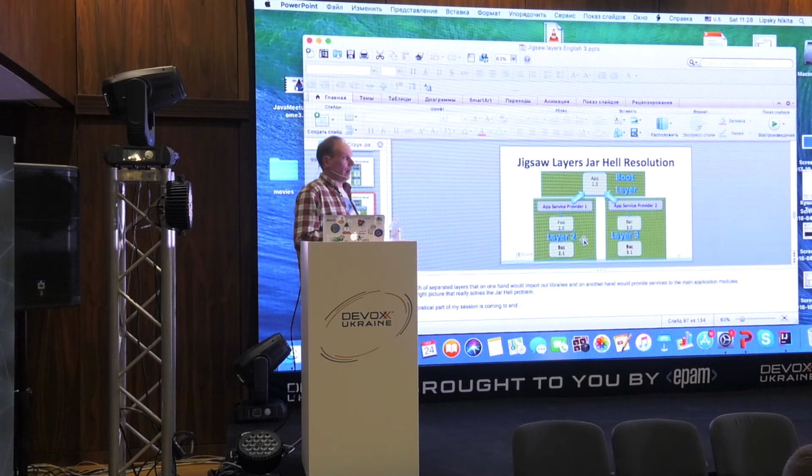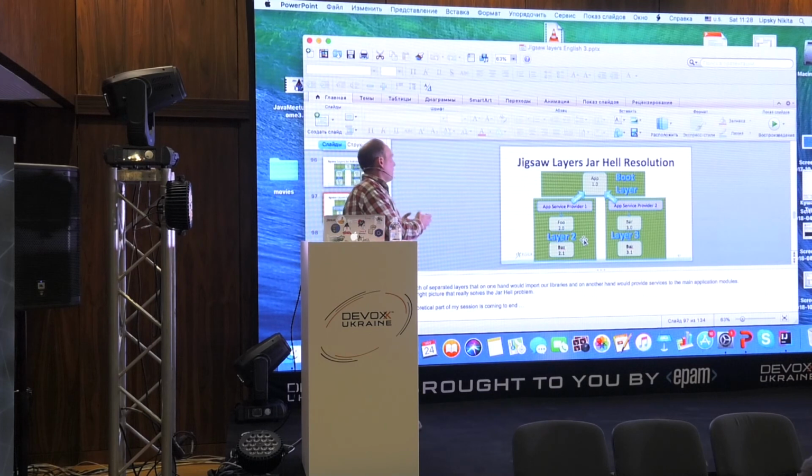But unfortunately, application server providers and implementers don't use layers so far, but it was a workaround for that problem. But of course, you can use layers for your own application because you will have clear separation of your application business logic inside your application.